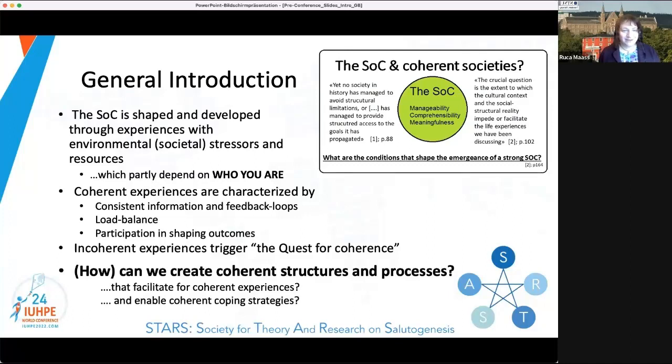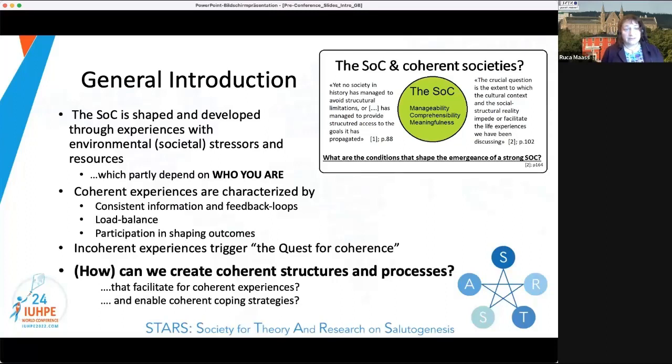So me and my brother, we won't have the same kind of experience with the same structures, even if we share a lot of personal or identity values. So how coherent our societies are and appear would depend on your identity and your status in this society. So what we want to look into is how we can create coherent structures and processes to facilitate coherent experiences for diverse members of societies, and try to unravel how a society can facilitate for all its